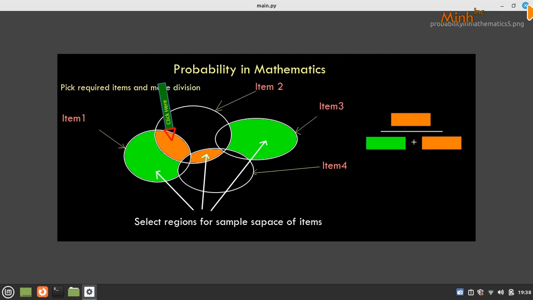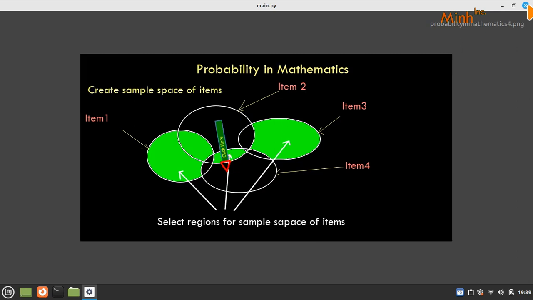So this is what we are looking for among all green. What we see not selected, not colored, we are not interested in. So that is the probability. If we understand this much,